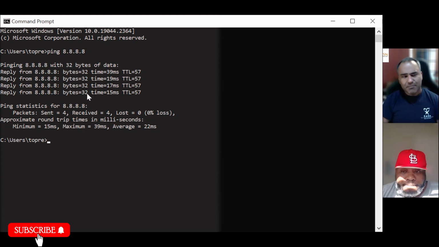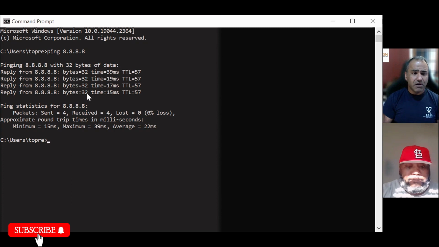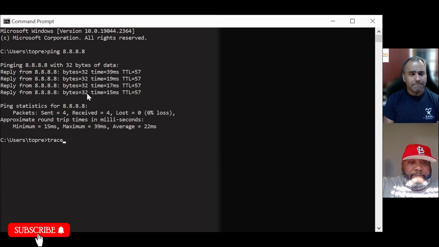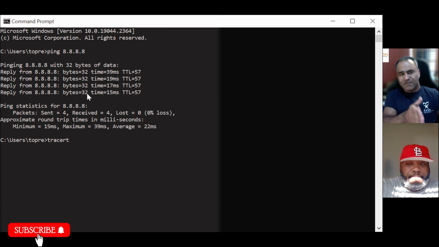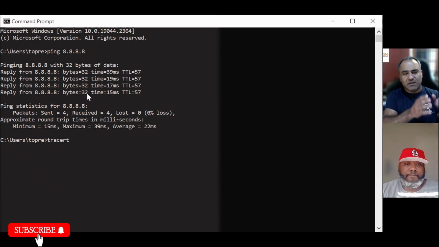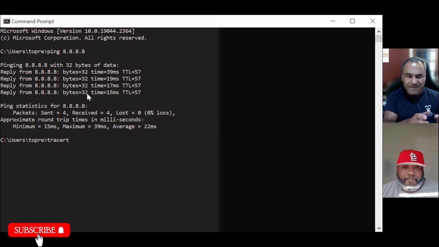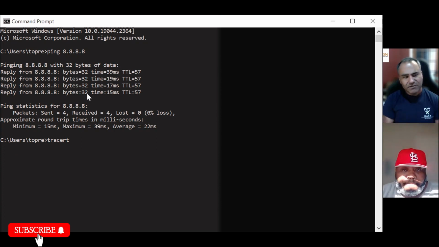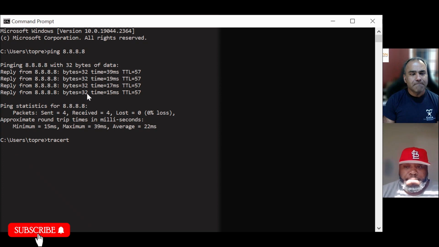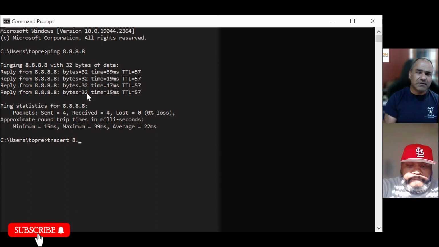So let's type in trace, that's TRACE, short for route. Basically that command is traceroute, abbreviated as trace RT, and then a space. And we're going to put in the same IP address we used before, which in this case is Google's DNS server, 8.8.8.8. And while Mac types that in and presses enter,